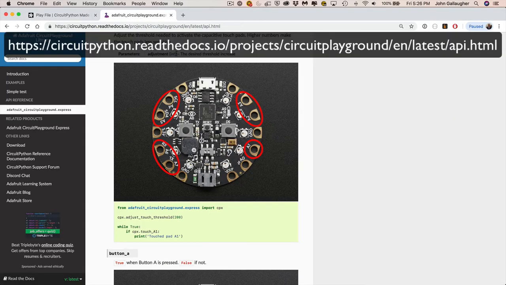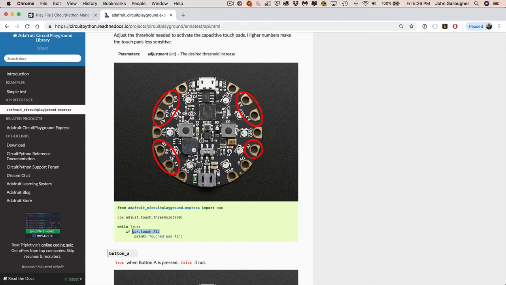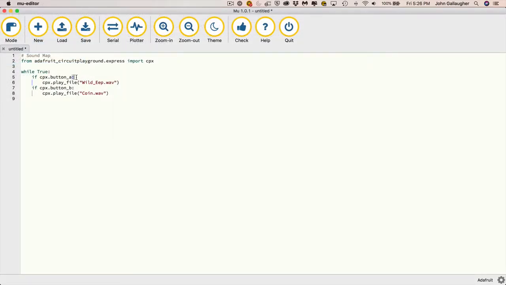But if we take a look at the documentation for CircuitPython and the Circuit Playground Express, we can see that we can change the code from responding to a button A press and instead do cpx.touch underscore and then the name corresponding to the appropriate sensor pin. So that's A1 through A7. Now let's head back over to Mu, and we don't want to respond to the button, we want to respond to